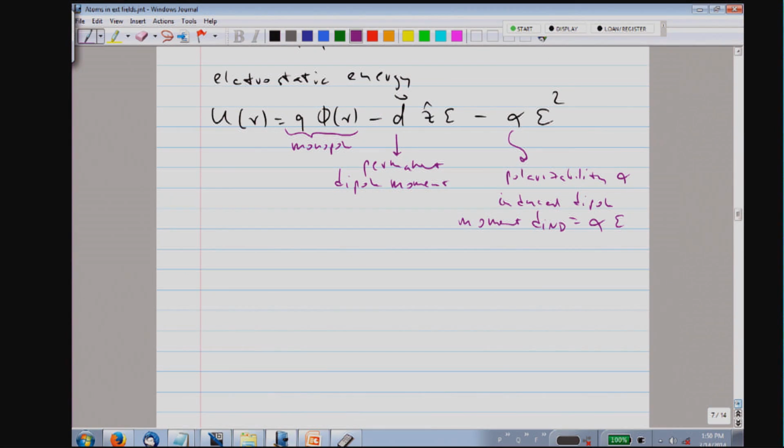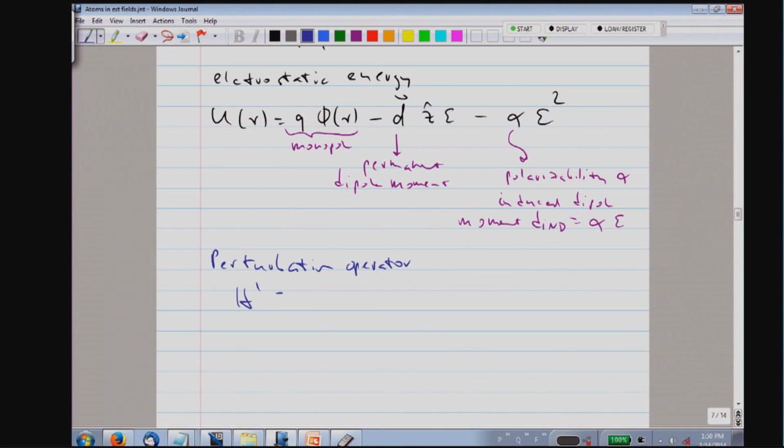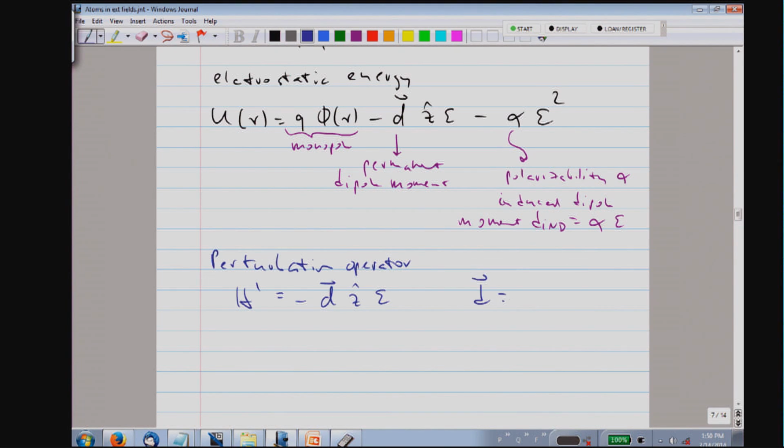Okay, so this would be a classical multipole expansion, and we will now derive results quantum mechanically. The perturbation operator for us is the dipole operator, and that could in principle include a permanent or an induced dipole moment, so it would take care of the second and third term. The dipole operator and its projection on the z-axis. So the dipole operator is the charge of the electron times the position.